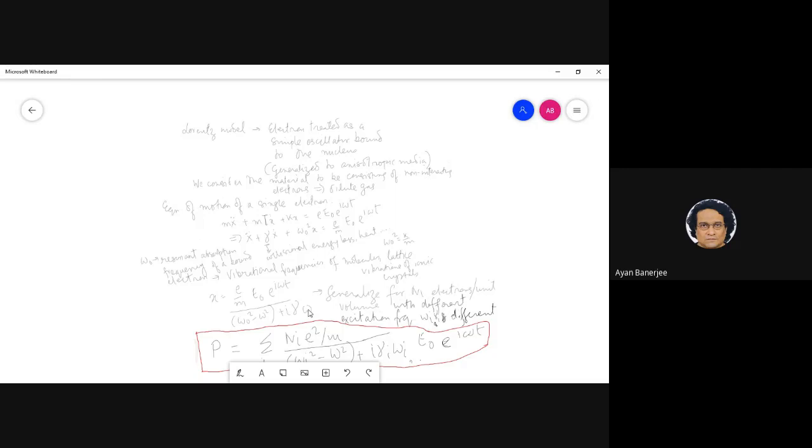Right? If I multiply by the complex conjugate, then I will get omega square minus omega 0 square, whole square, plus gamma square omega square. And here I will basically get a, this will be, sir, it is right. Square root should be there. There is a square, right? So yeah, that is correct.